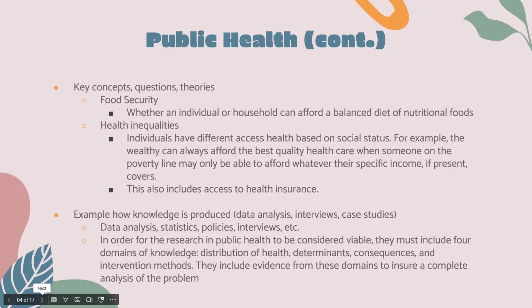So they want to make sure they include aspects of how healthcare is distributed to all members of society, whether it's through insurance or out of pocket, stuff like that. They want to include interventions on how to make sure everybody is getting equal access to healthcare. They want to look at the consequences of when you don't have access to healthcare and healthy food options. And the reason they include all of this is to make sure that they can fully analyze the problem instead of just